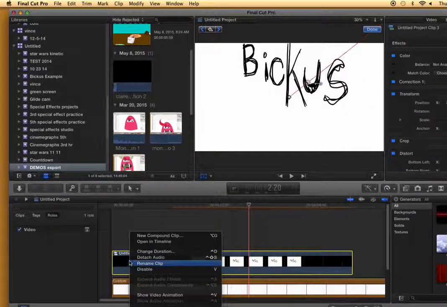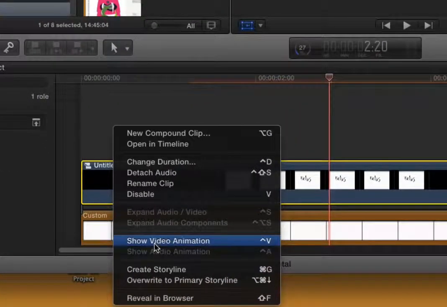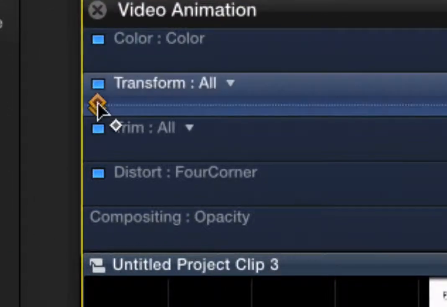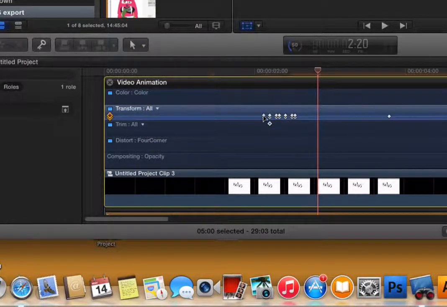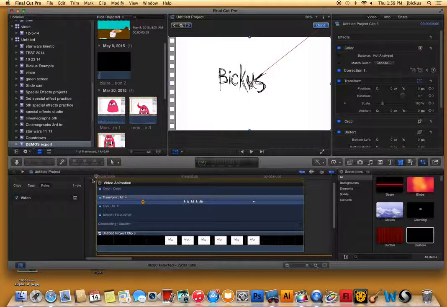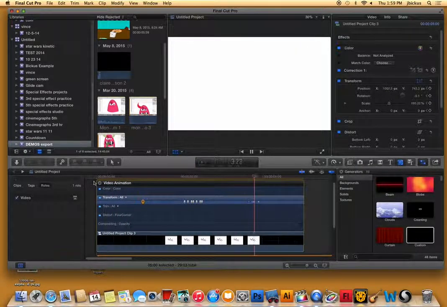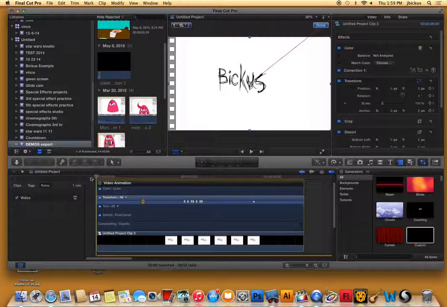Now, if I go down here and I show my video animation, you'll be able to see all those points. So you see on that transform line, those are my keyframe points. I can delete them. If I click on them and hit delete, I can move them and adjust them. All right, so if I wanted this to be quicker, I could slide that over, and then this thing would start just by being there, and then it would move up. All right, another thing you could do